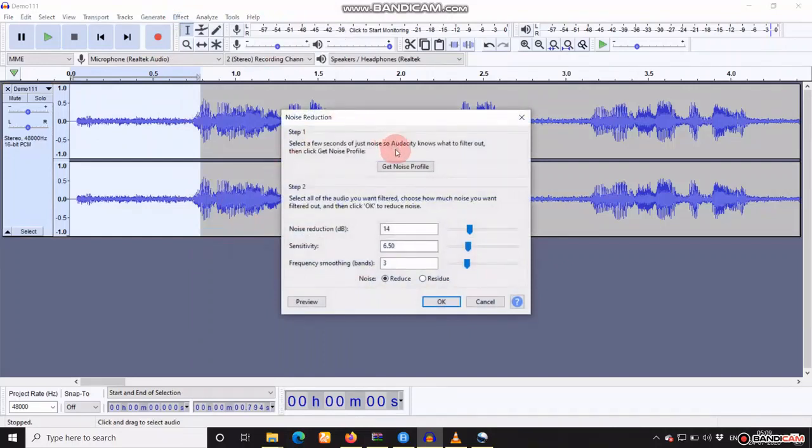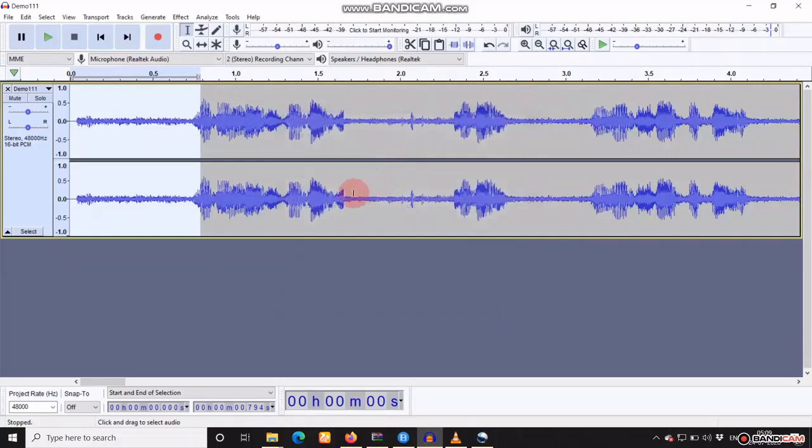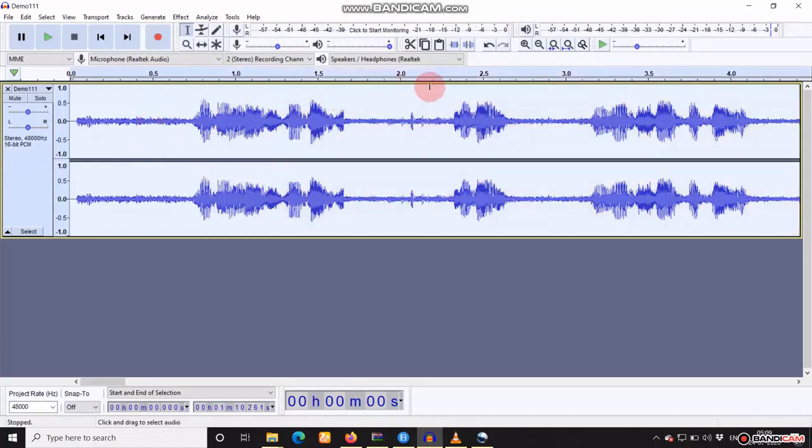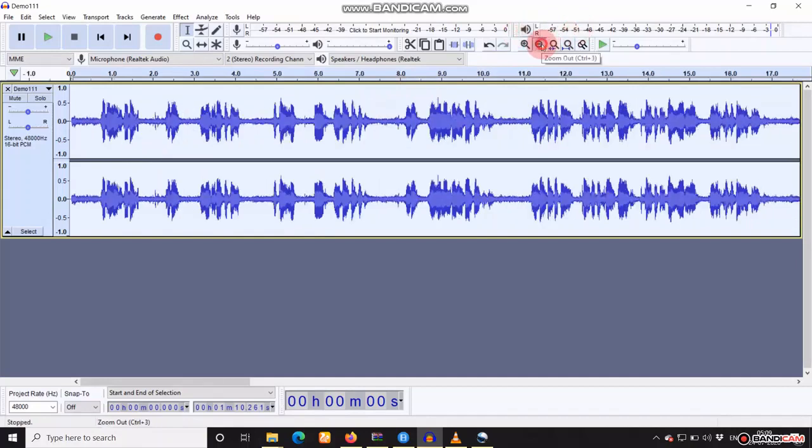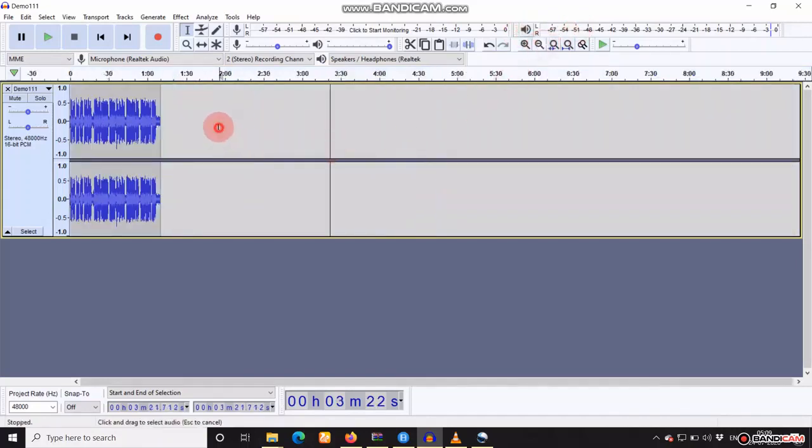A particular window will pop up. Click on Get Noise Profile. Then select the whole clip. You can do it in two ways. Either use Ctrl A or use the slider to select the whole clip.